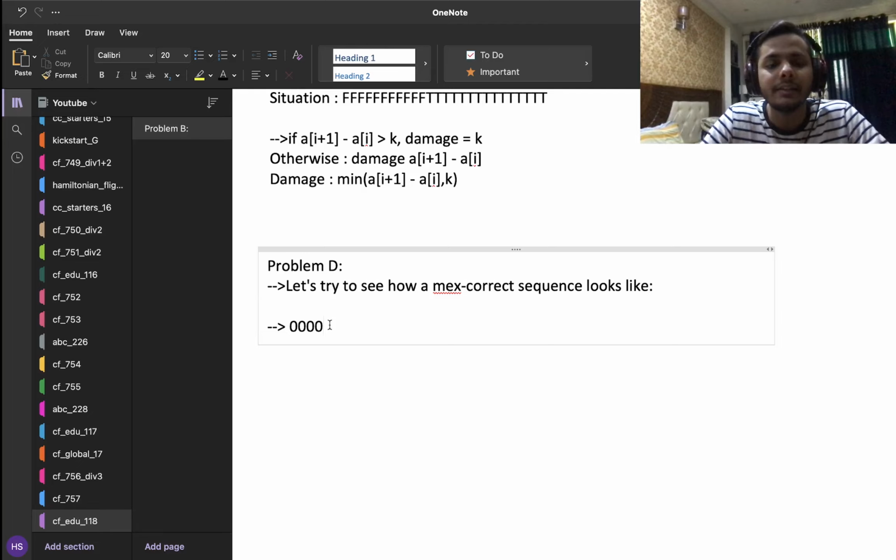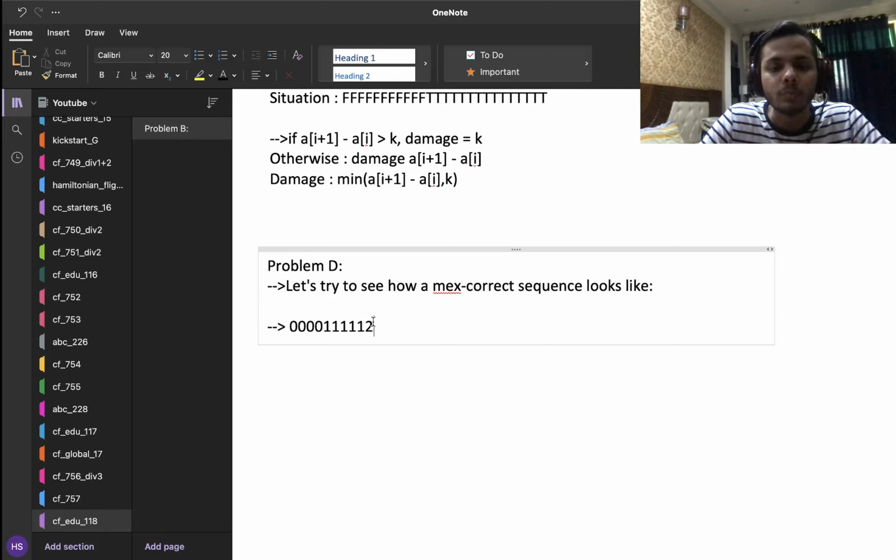So let's say I decide to use 1 here, and then I will use some amount of 1s, and now I decide that no, I'm not using 1s anymore. And then what happens is that now I can't go back to 0, and the reason for that is that if I put a 0 here, then the mex becomes 2, and I'm not allowed to do that because 2 minus 0 is greater than 1. So I can't use a 0 here, and I've decided not to use a 1 here.